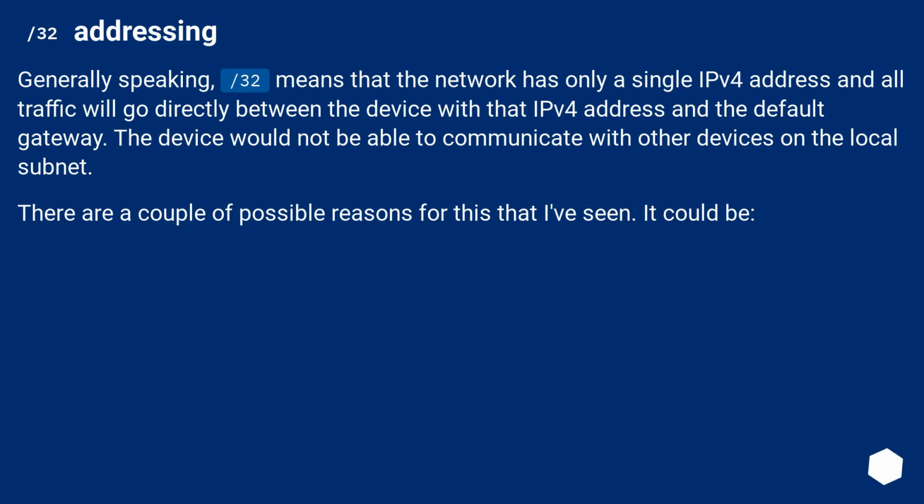/32 addressing. Generally speaking, /32 means that the network has only a single IPv4 address and all traffic will go directly between the device with that IPv4 address and the default gateway. The device would not be able to communicate with other devices on the local subnet. There are a couple of possible reasons for this that I've seen. It could be